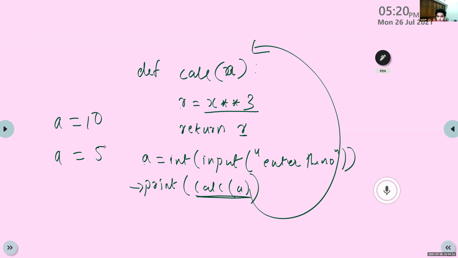Also, if we are using more than one variable, like X and also Y, we have to give X comma Y in the bracket. The next topic is based on that. If I want to find the sum of two numbers, we can give two values here, X comma Y or A comma B. Then here also we want to give those two variable names.